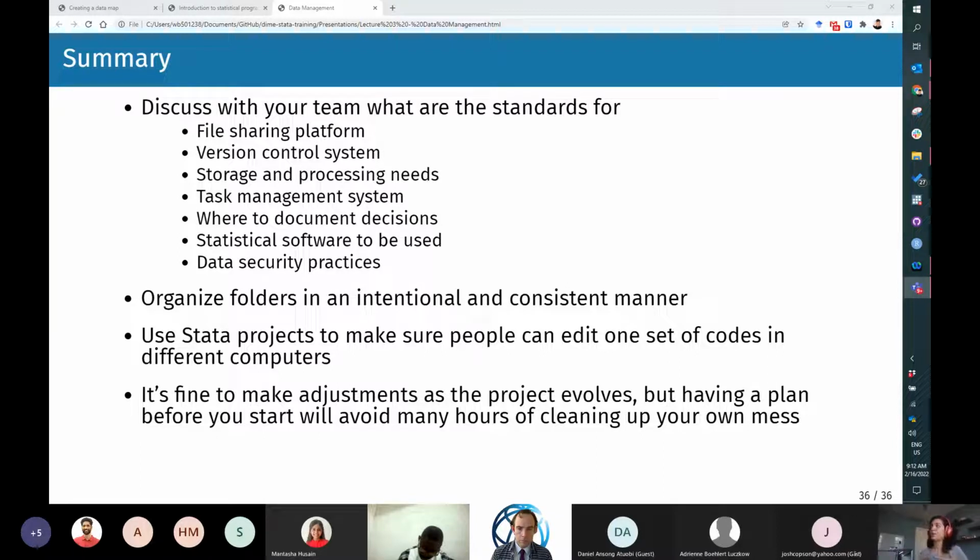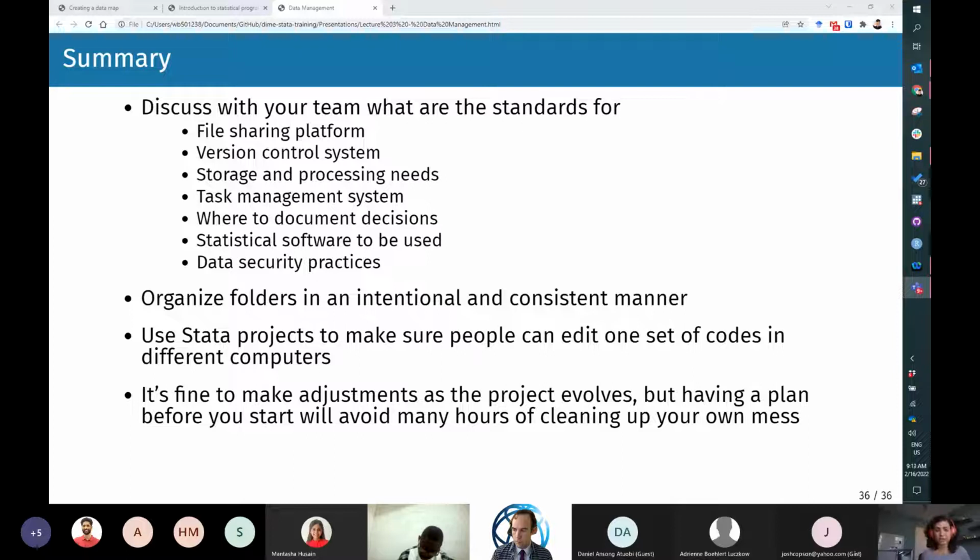What you're going to do to control the different versions that you have on your files, and we discussed a little bit some models for that. So a lot of file sharing platforms already have some sort of version control. Dropbox and OneDrive, for example, will save the last versions that you had over the last 6 months. So you'll be able to save over a file and still go back to how it looked before.